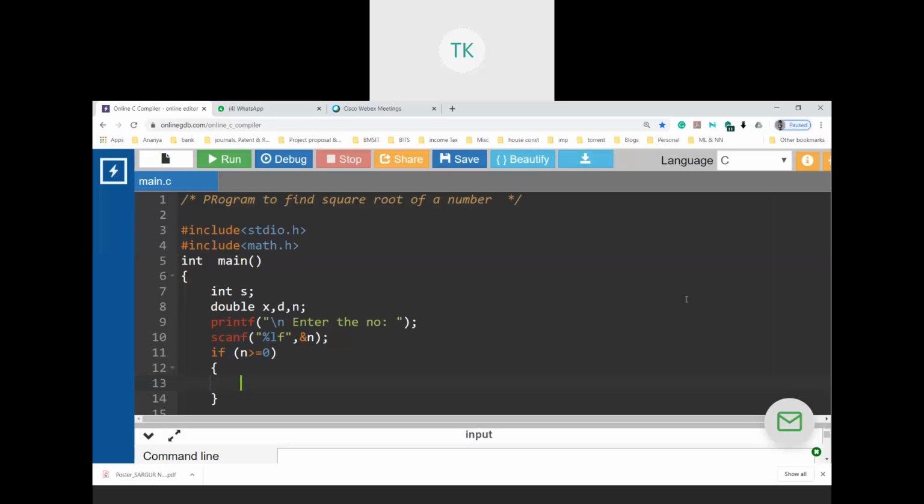Yes, sir. 5 point 5. 5 point something. The decimal value is 5. The fractional part can be anything; we'll discuss that later. But what would be the decimal part? The decimal part would be 5. Right? Yes or no, guys? Yes, sir. Great.